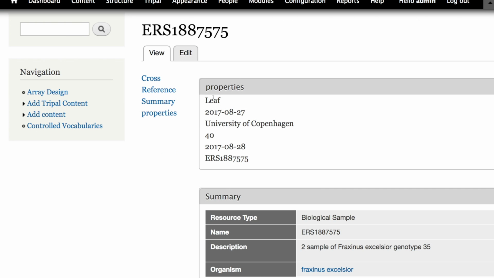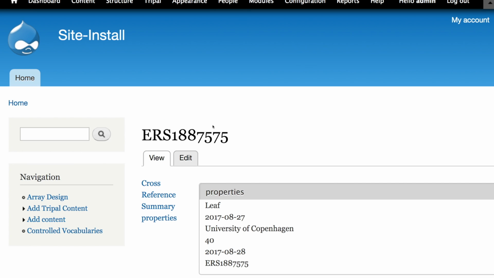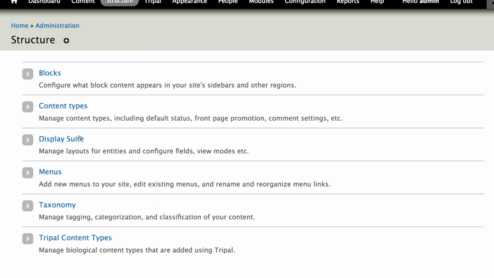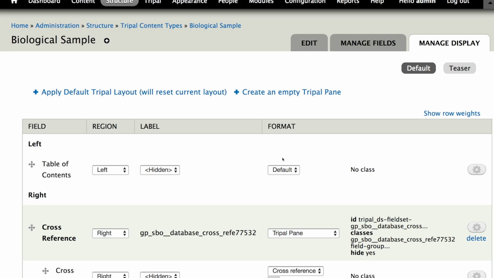In this case, we really want the label. This one, the tissue type, is what the label is, and we really need the label for this to make any sense. So we should go back and configure it to look a little bit like this. What happens if we do that? We go to structure, triple content types, manage display,